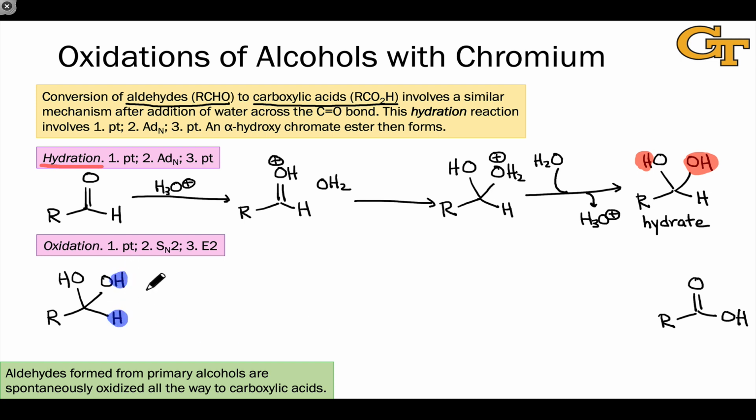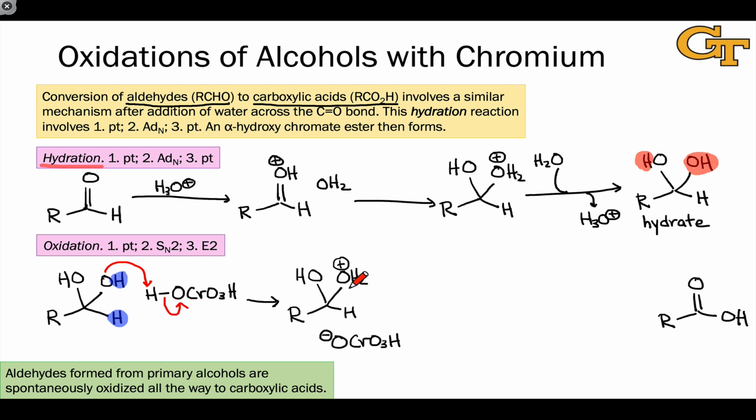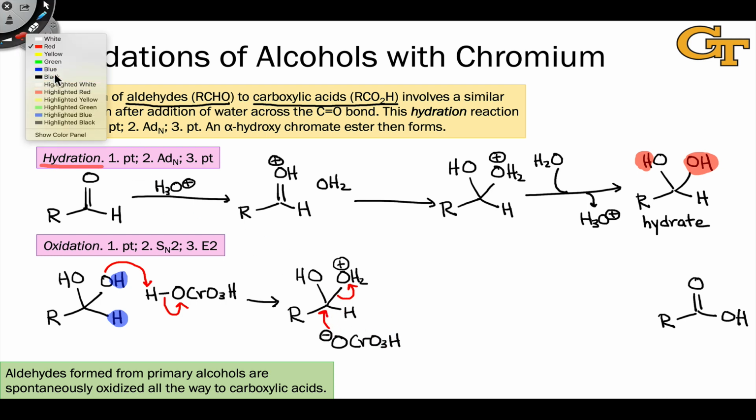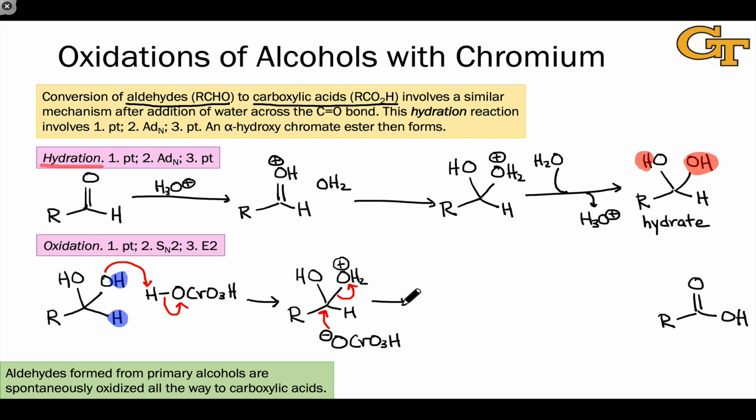and the H linked to the carbonyl carbon. Chromic acid is still the active oxidizing agent here, and so I'm going to draw out another equivalent of chromic acid, and this, being a strong acid, will protonate one of the hydroxyl oxygens. Now we've turned that OH2 plus group into a good leaving group, and so some kind of substitution mechanism can occur. Here I'm showing it as SN2. It could definitely occur via SN1 with the loss of water followed by coordination of this conjugate base to the carbon at the center. But through some kind of mechanism involving nucleophilic substitution, we arrive at a chromate ester intermediate